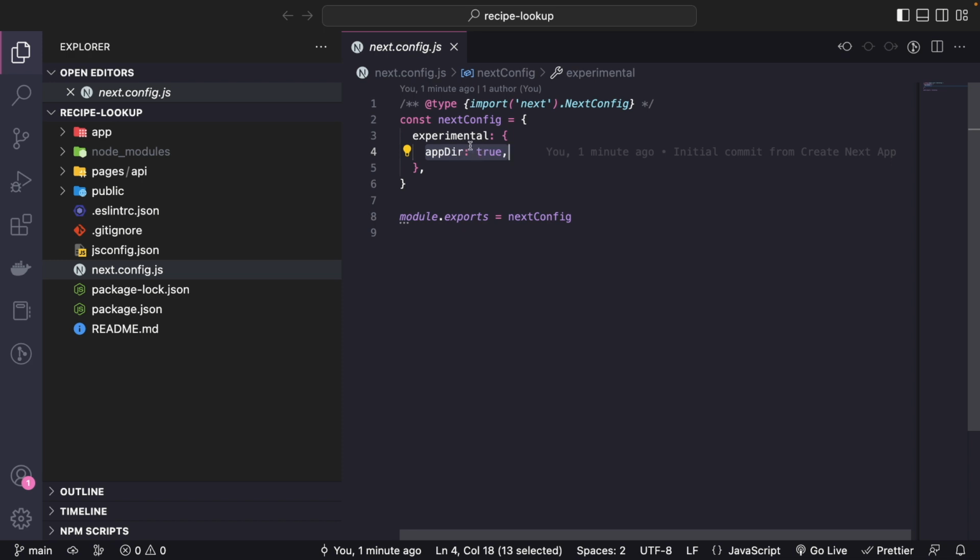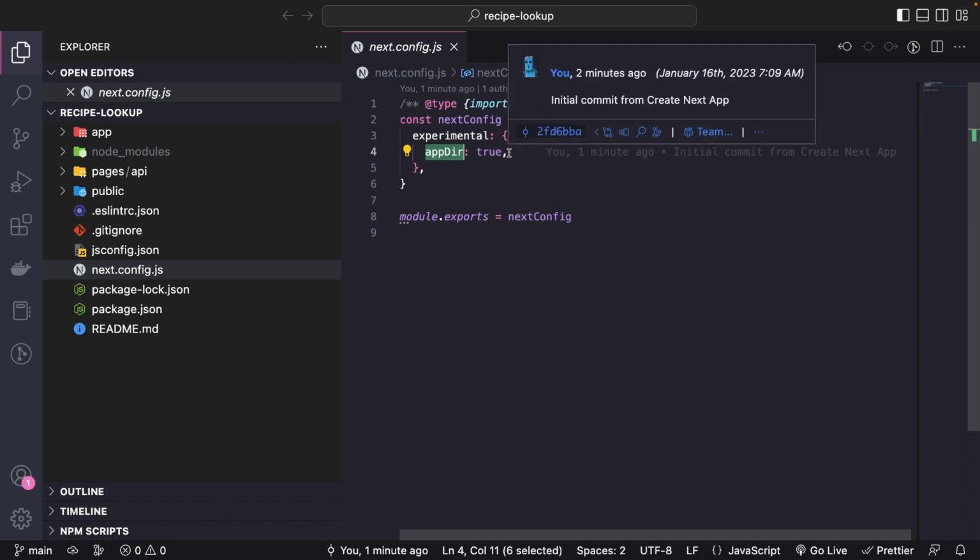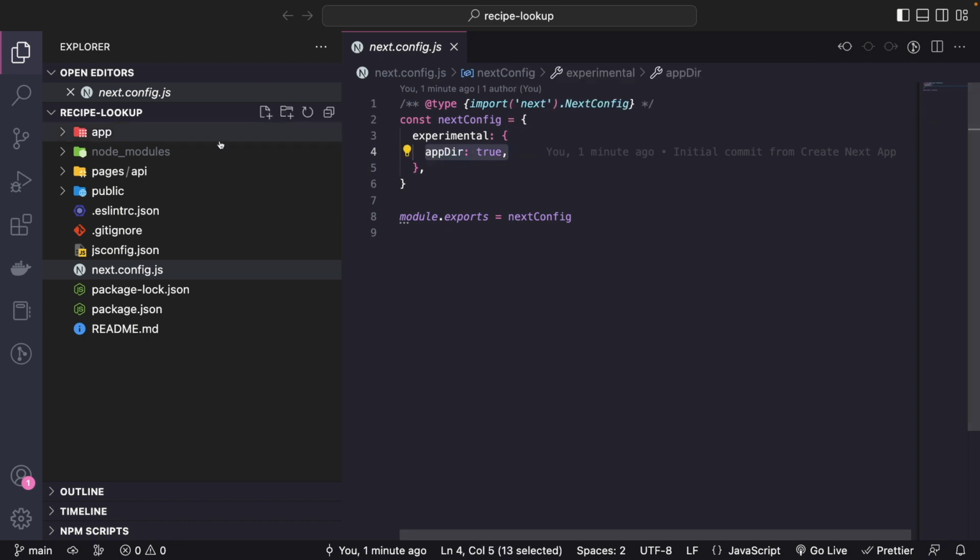you will see this app directory flag is set to true. This is basically telling Nextjs to enable experimental features and enable us to use the app directory to create pages and stuff. That's pretty much it as far as the directory structure is concerned. Now let's move on to the next part and start creating